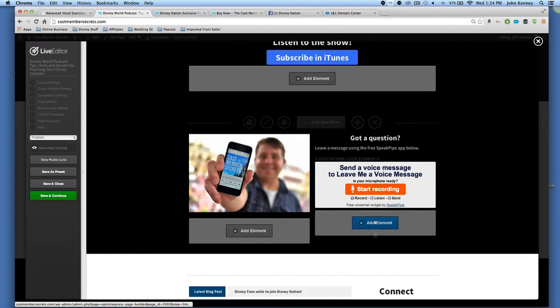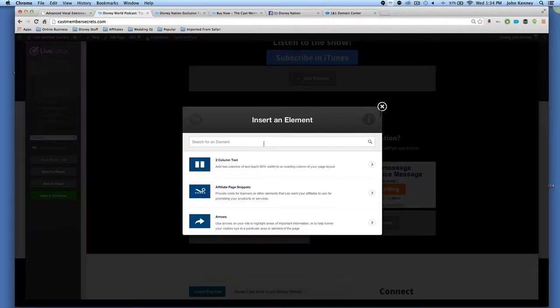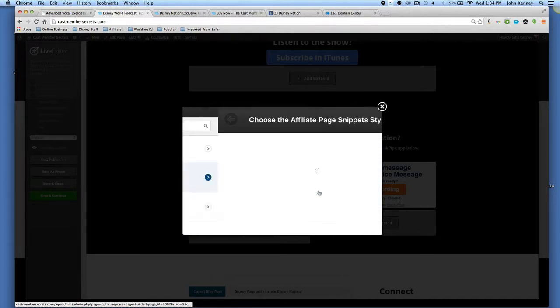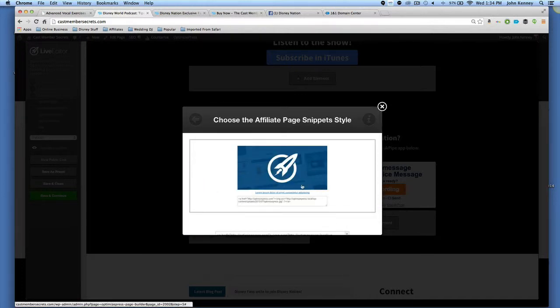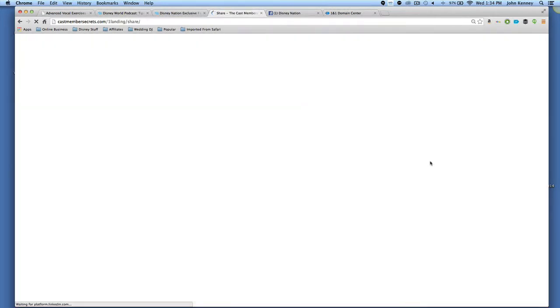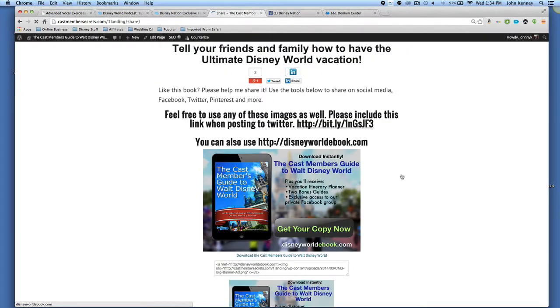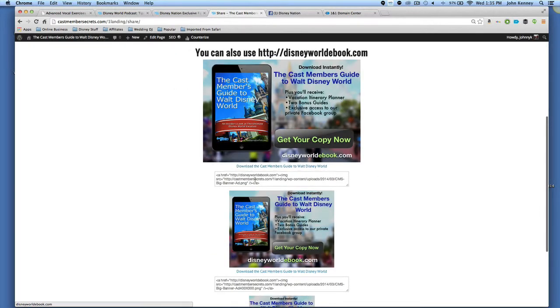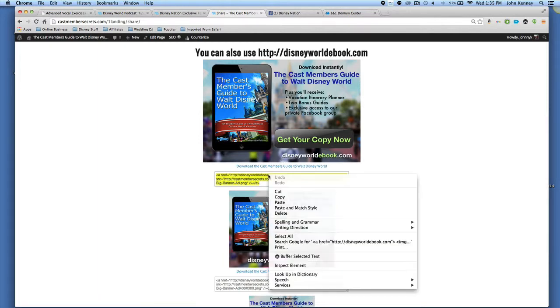and that is just a simple element. So if you click on Add Element, you can add a 2-column text. You can add affiliate page snippets, which I have not done yet, but oh yes, I have done. What this is, if you want to give resources for people to use as an affiliate, then it'll actually provide the HTML code, and I can show you what that looks like over here. I just added an image and said if you want to use this image, and I added a link that I wanted it to go to, and all you have to do is copy that,